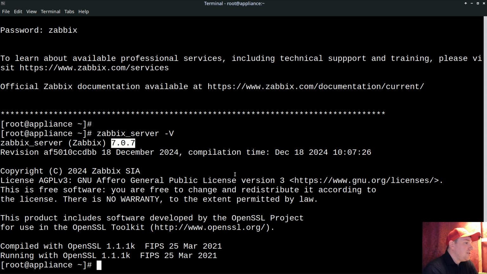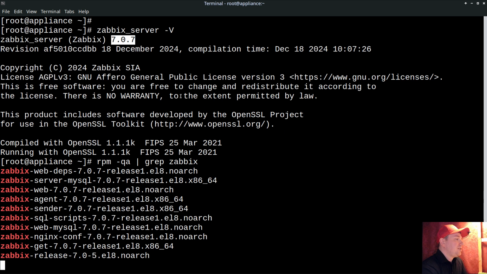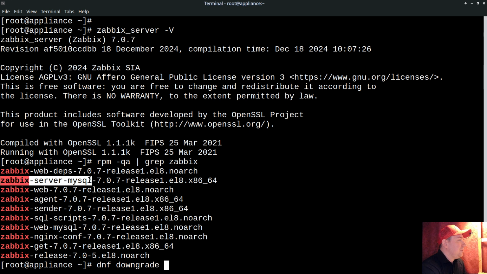How easy is it to jump back one version? My answer is that it's very easy. Since this is a Red Hat system, I think Alma Linux or Rocky Linux, it's very easy: dnf downgrade. I'm first writing rpm -qa to check the installed Zabbix packages, and then dnf downgrade, and we can write zabbix-server